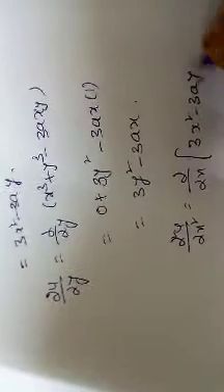Now we have to find the value of r. So dou square u by dou x square, which implies dou by dou x of dou u by dou x, 3x square minus 3ay. Then 3 into the derivative of x square is 2x, minus 0, which implies 6x. So this 6x is the value of r.